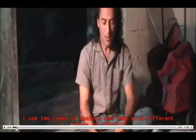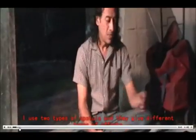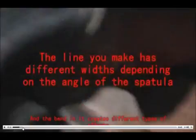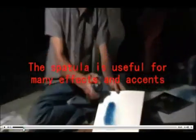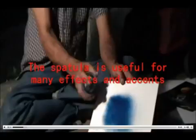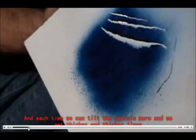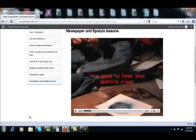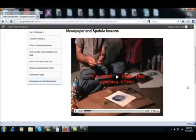The spatulas, and the truth is that they give different kinds of effects. The line you make has different widths depending on the angle. Different widths that you can get. And here's a thin line. It's good to keep your spatula nice and clean. Use a